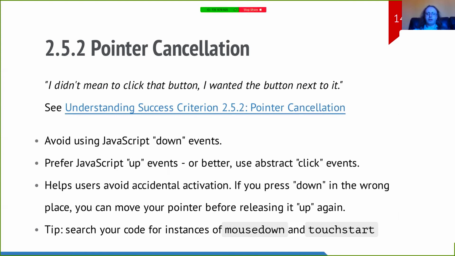And if you do that, you can avoid pressing the wrong button, essentially. How to actually go about addressing that in your code, you should avoid using the down events, but if you've already got an application, this is what we're doing in Drupal, is we're just looking for every single instance of a down event and saying, can we swap this to an up event? And will everything still work?